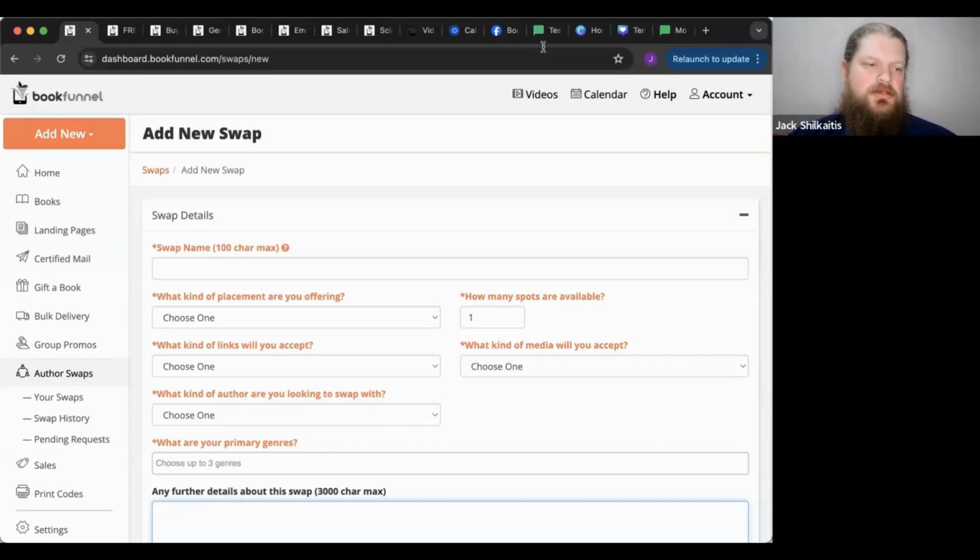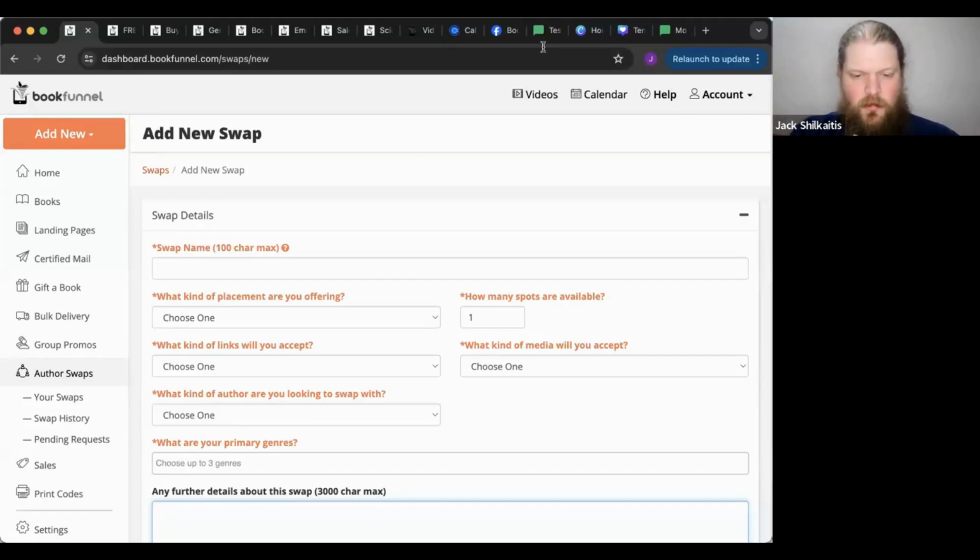My suggestion is to cast the widest net you possibly can when you're in that position. Over time, because I'm assuming this is not going to be your final release and you'll have other releases in the future, you can start to build a dedicated core group of readers who are consistent about writing reviews. That's your true core team. But if you don't have those readers yet, like a list of 100 readers that you know are 70% of the time going to give you a review when you ask for it,